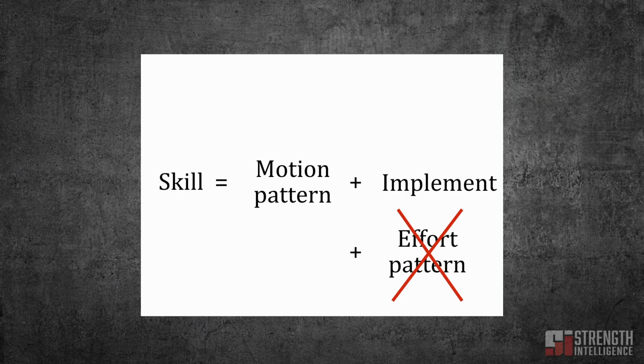I decided that I needed to classify motion patterns. Now, in the last study, I referred to them as skills, and I described why they're really just the motion patterns and implement combinations. So I took those and I said, I need to get these into a smaller set. How do I do that? So basically, I need to make groups or classes of them. Now, the good thing about classifying them is that